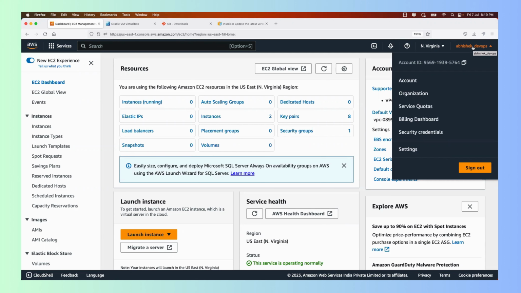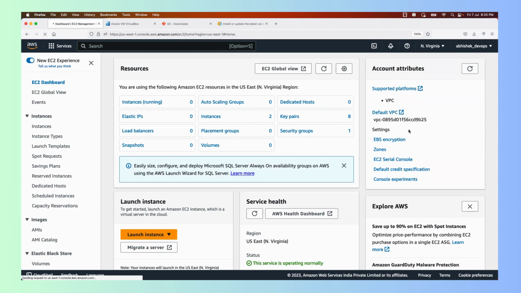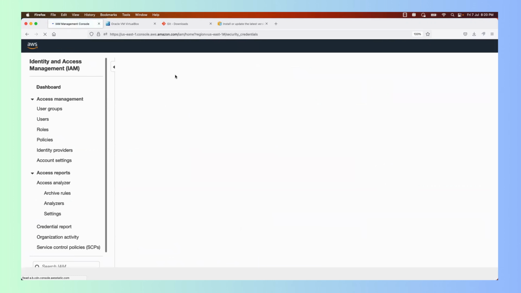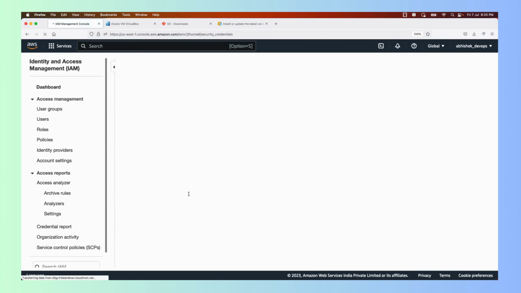You will create IAM users for DevOps engineers as well. Maybe that IAM user will have majority of access on the AWS account, but still it is not the same as the root account. So go to your account, click on security credentials, right? Once you click on security credentials, just keep scrolling down,